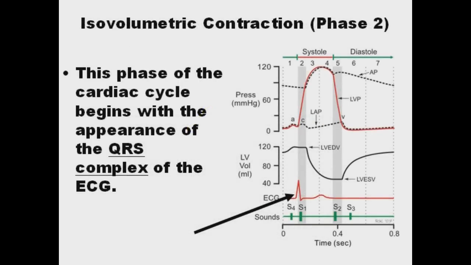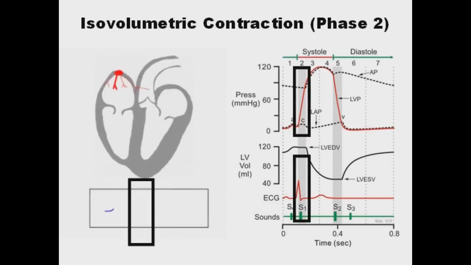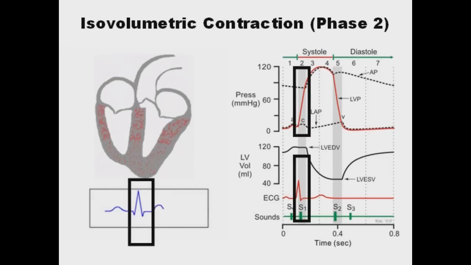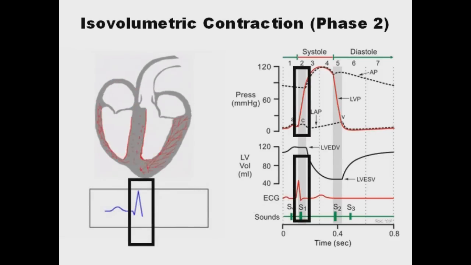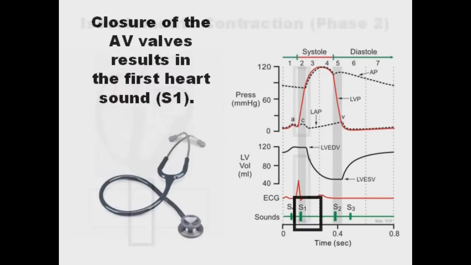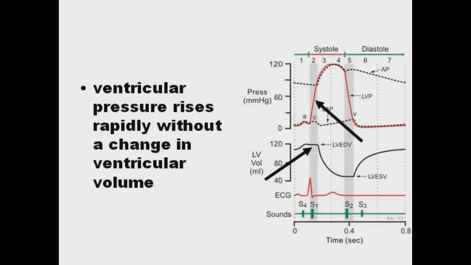Phase number 2 is called isovolumetric contraction, and begins with the QRS electrocardiogram wave. Another important mark at the beginning of this phase is the mitral and tricuspid valve closing. The first sound of the heart is the closure of the mitral and tricuspid valves. In this phase, ventricular pressure increases rapidly, but the volume remains the same because the aortic valve has not been